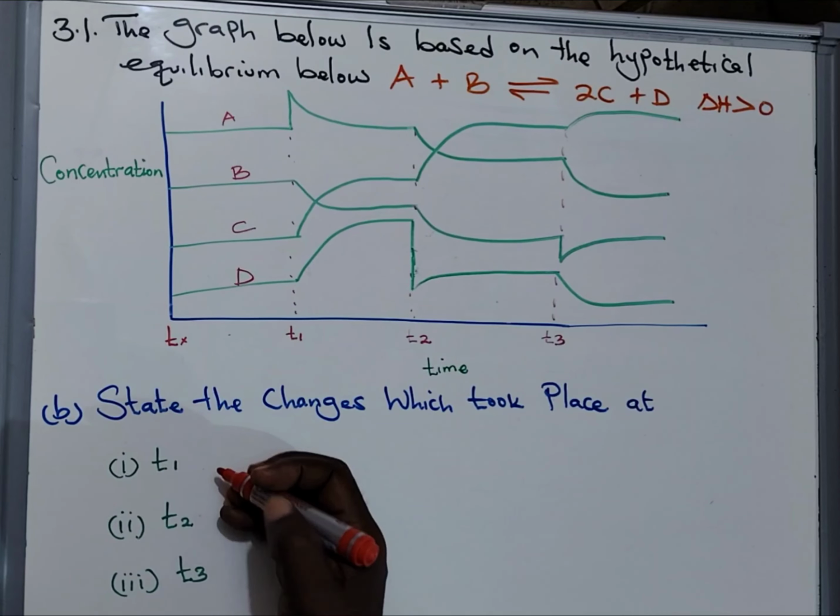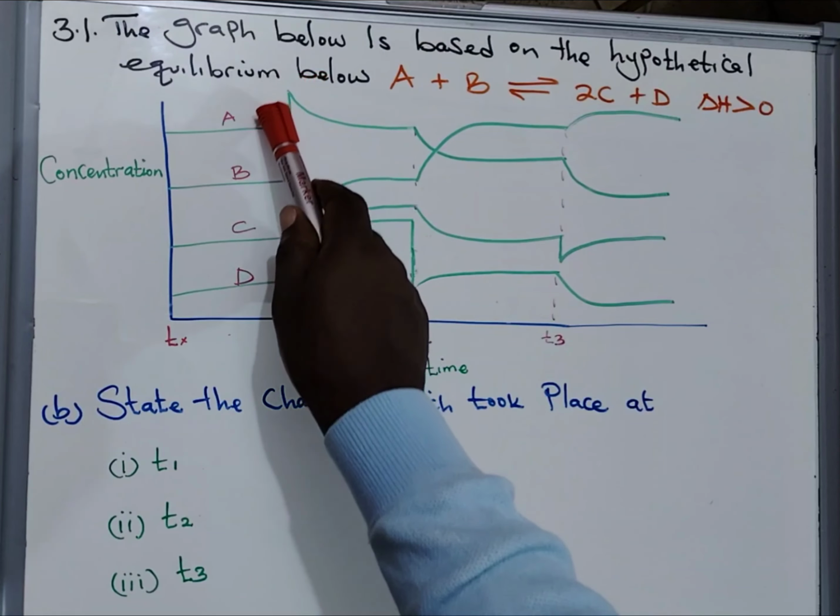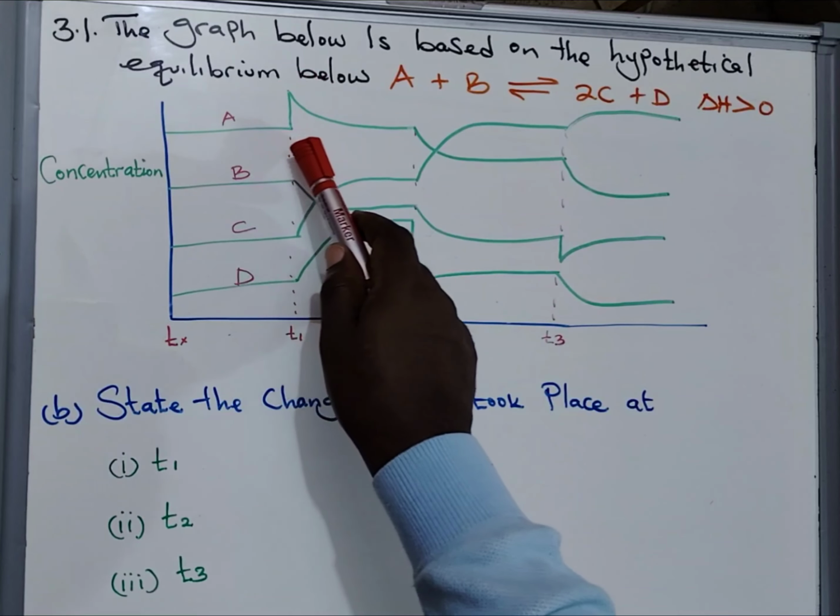Concentration of A was increased. Why do we say so? You look at this spike. The spike is telling you that